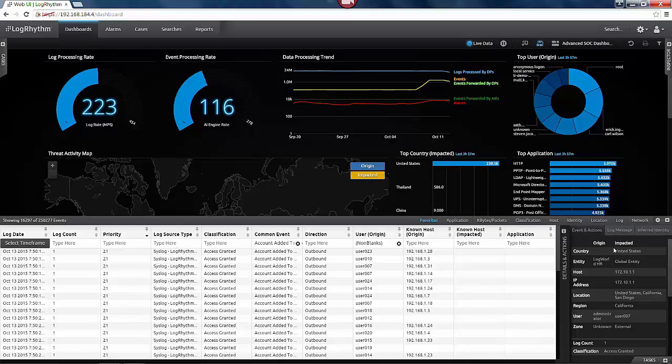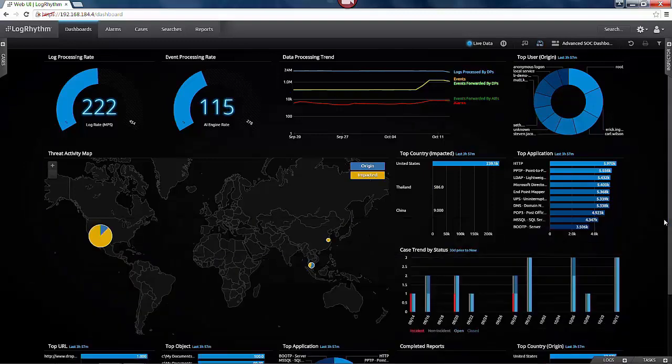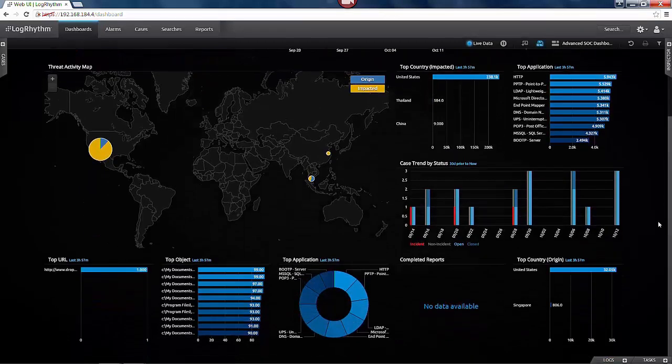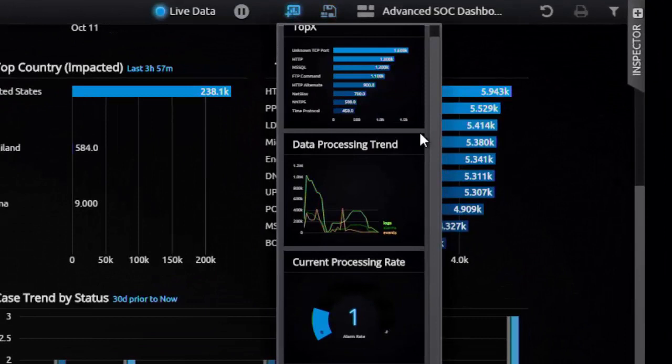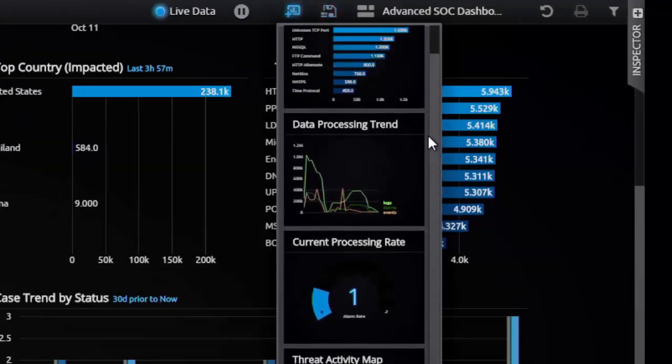As I said in the beginning, there are going to be three different workflows we're going to show how an analyst could start that workflow. And the first is by just viewing information on the dashboard. Again, this is a live dashboard, meaning I can drill down into any particular activity here that may be of interest. This is a customizable dashboard, meaning I can choose from any of the widgets, and we have a growing